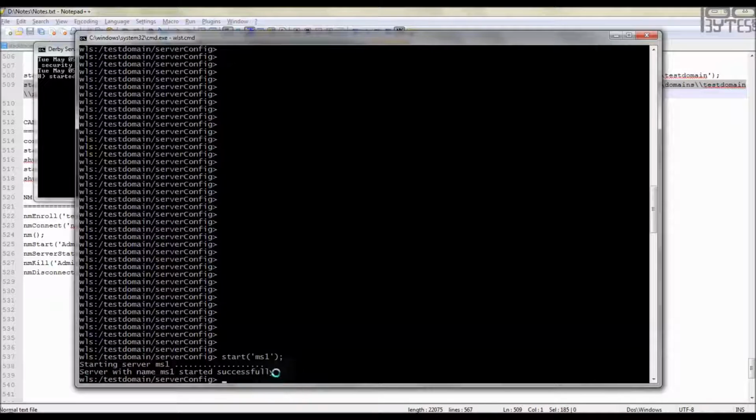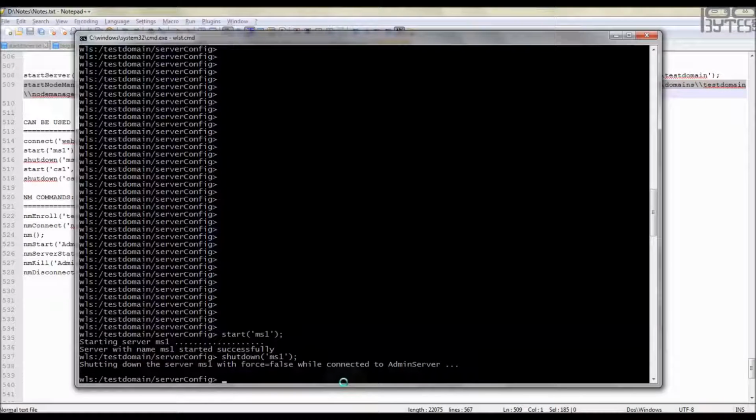If you want to shut this down, so, to start a managed server, you need a node manager to be running. You have to connect to an admin server through WLST, and using the start command you can start it. If you want to shut it down, shutdown ms1. That's it, your managed server has shut down. Okay, now